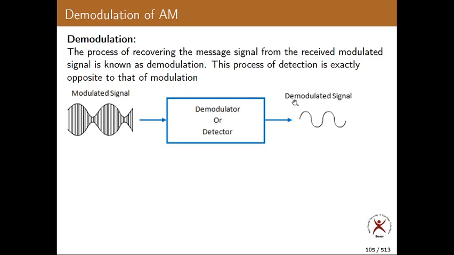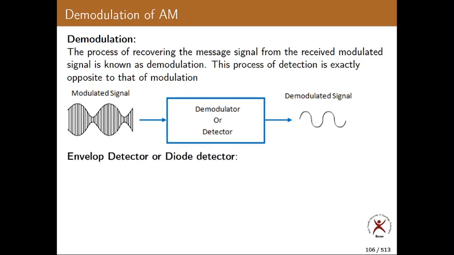Now, this is the diagram which illustrates the concept of demodulation. To this demodulator, what is the input? Modulated signal. Output will be a message signal, so you can also call it a demodulated signal. So, in this way, we are recovering your message signal back. It is nothing but recovery. From the modulated signal, you are getting the message signal. That is called recovering your message signal, so it is nothing but demodulation.